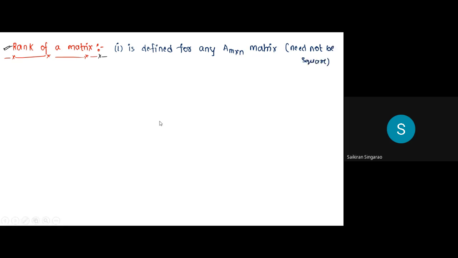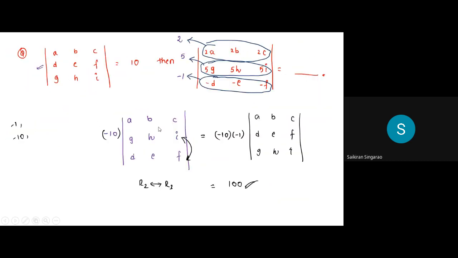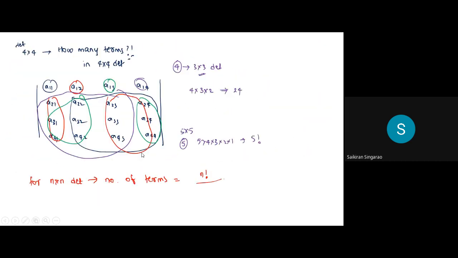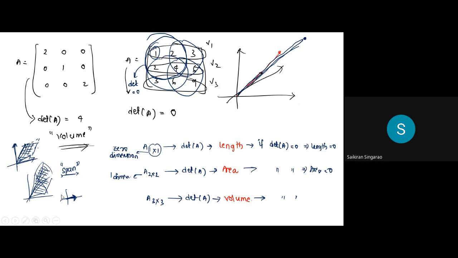Right? When I was talking about determinant, what did I tell you? If it's a 1 cross 1, 2 cross 2 or 3 cross 3, then only you can use determinant and you can tell whether it has lost a dimension or not. If the determinant is 0, then you could say it has lost a dimension. If the determinant is not 0, you would say it has not lost a dimension, right?